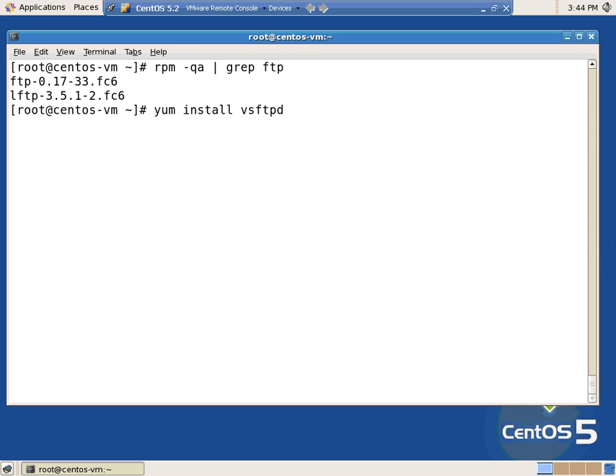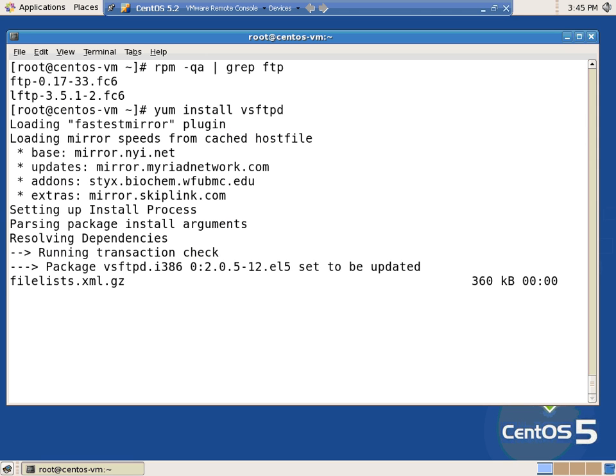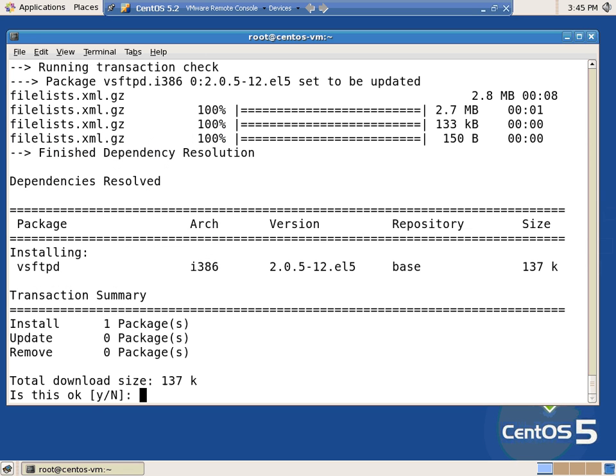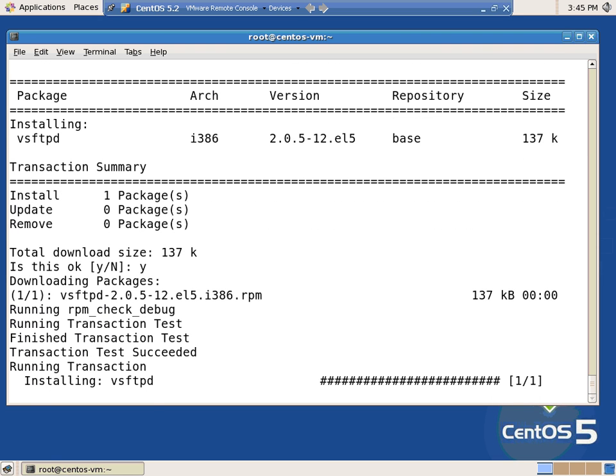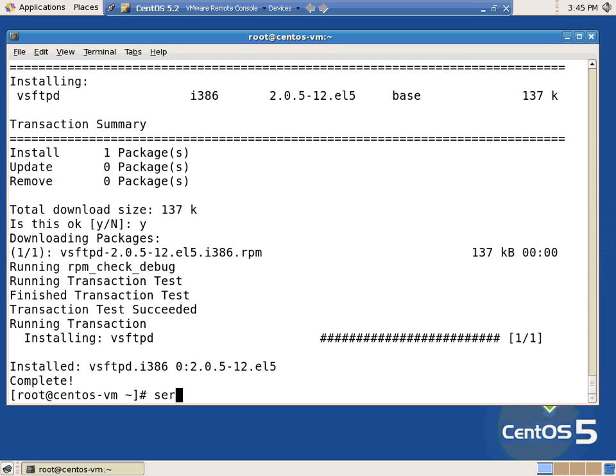So I'm going to do a yum install vsftpd. You can also do a -y when you get more used to it. I'm going to leave it off right now so we see what's going to happen. This is pretty handy, especially if you've ever used Linux and had to do a song and dance where you've had to find the libraries that go with some program. It's such a hassle. So this is going to go out to the CentOS repositories, pull what it needs, pull all of its dependencies along with it, and it turns out this is pretty simple stuff. It's just going to get one package that's 137K, and I'm going to say yeah, and it's going to fetch it, install it,